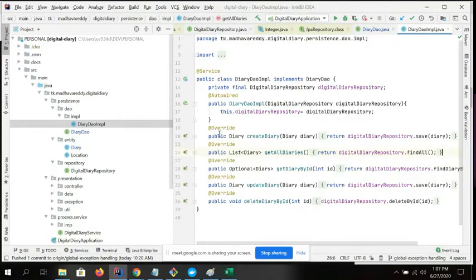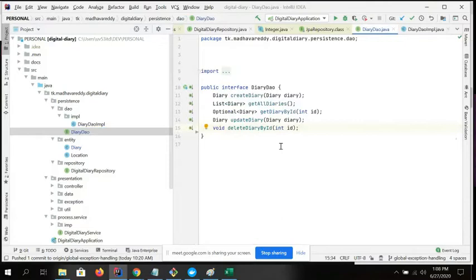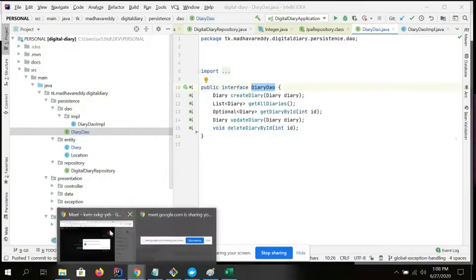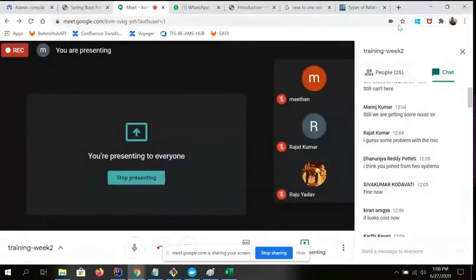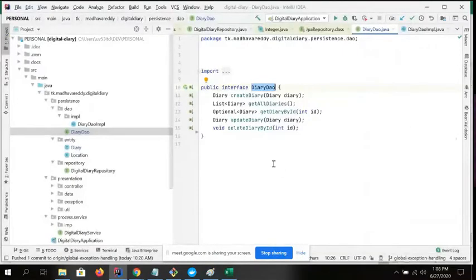Before going to that, this diary is a master class, and I will try to create one interface for each and every diary. Diary is a master class. I am always talking about the master class relationship, and the entities and the DAOs will all talk about the master class. Here diary is one of the DAOs. I'm going to perform diary operations, and it could involve a number of tables.